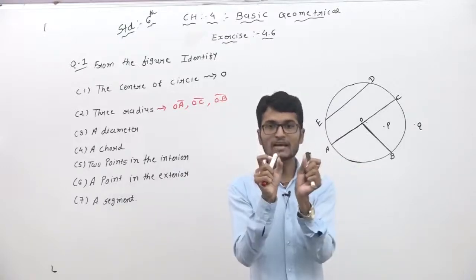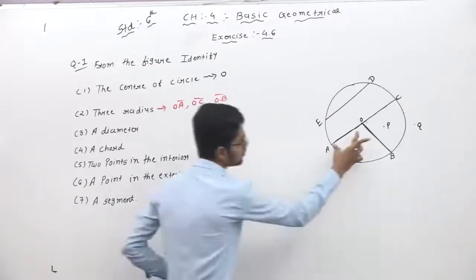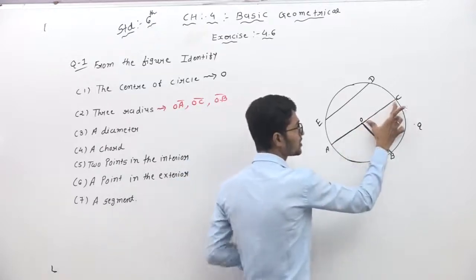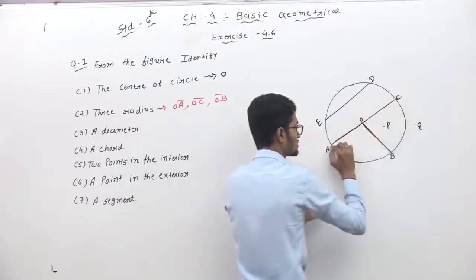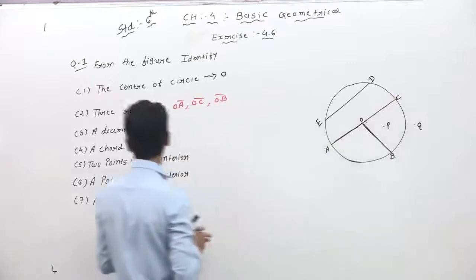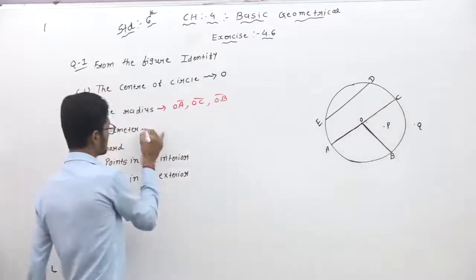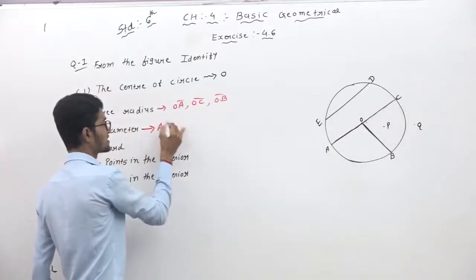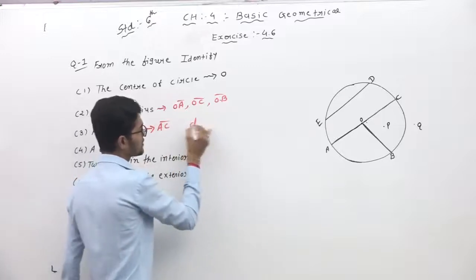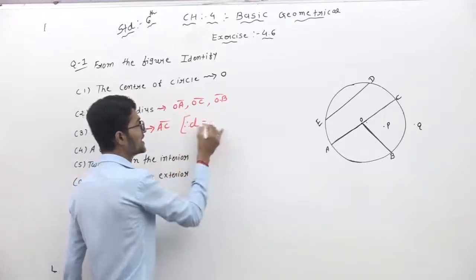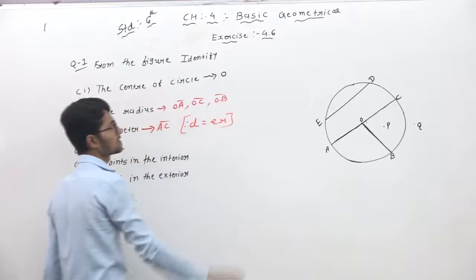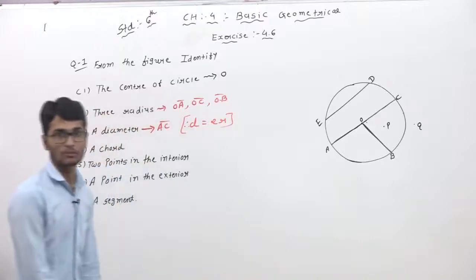Radius को अब 2 बार लो तभी एक diameter बन जाए. So this one is our radius. This one is also a radius. And these radii joined, this one from A to C, is our diameter. This means AC is our diameter. And one more time, dear students, diameter is D and D is equal to 2R. This is the diameter formula.